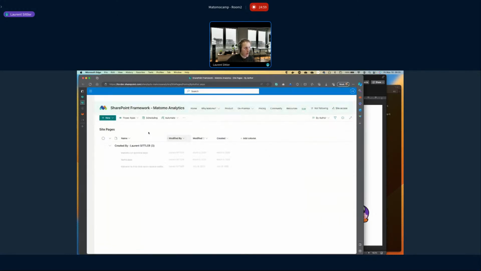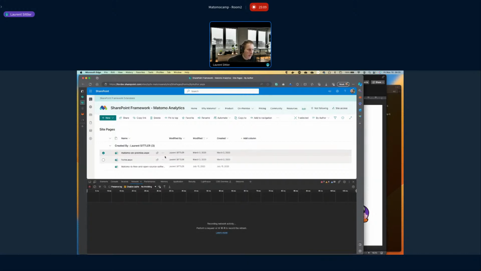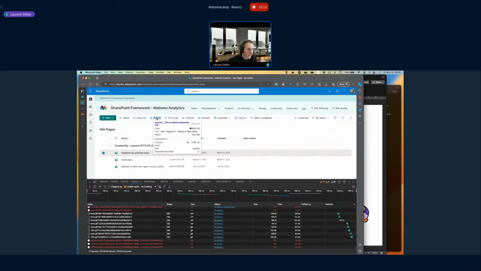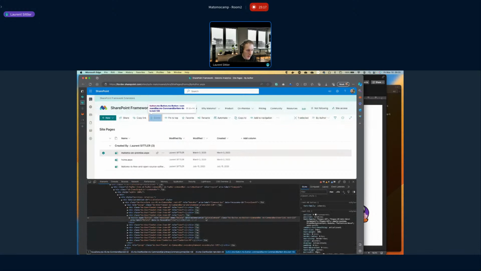For example, if you go to your site collection and use the ellipsis, this kind of link can be tracked directly. Mainly because Microsoft has a really good thing for the different actions. For example, here what is really interesting, you always have a data automation ID.